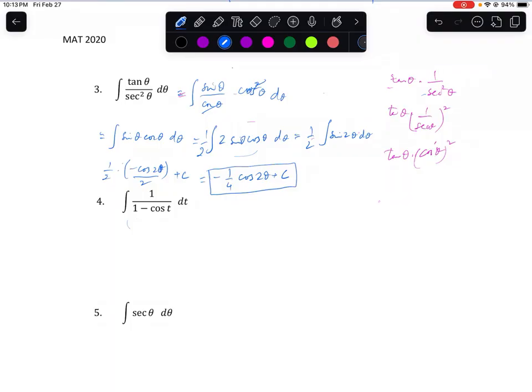So what do I need to do for that? I will have to multiply top and bottom by 1 plus cosine t. So the integral of 1 plus cosine t divided by 1 minus cosine square t